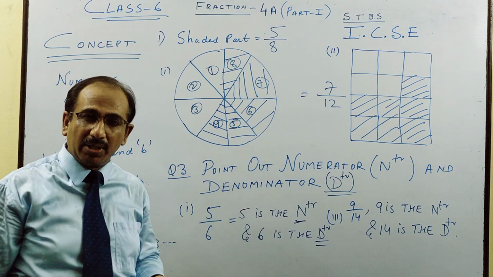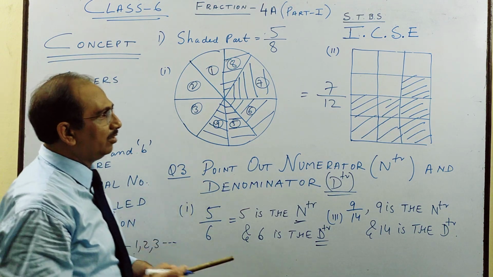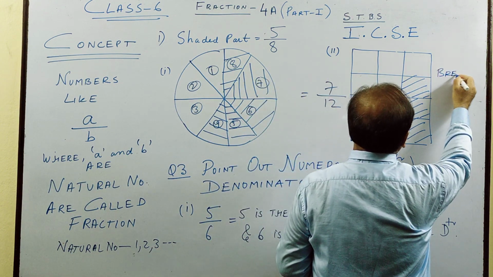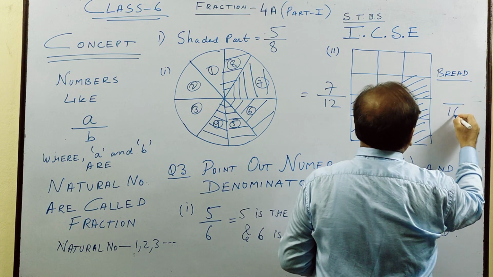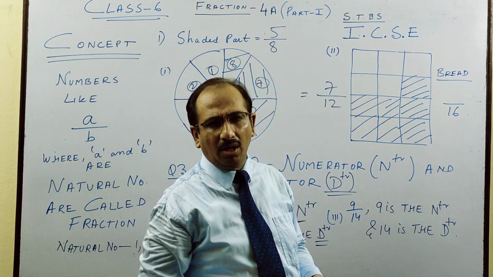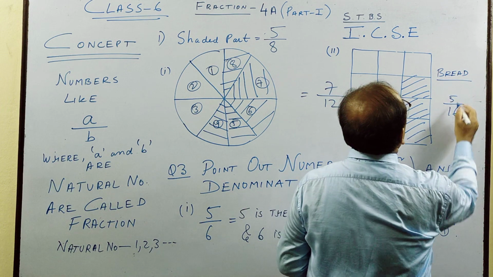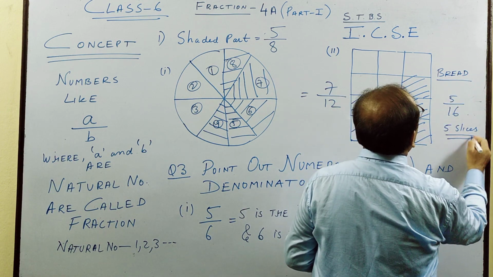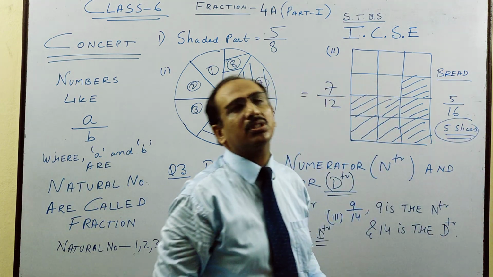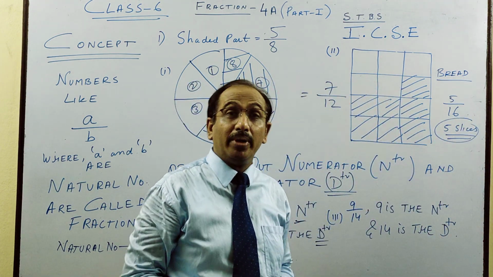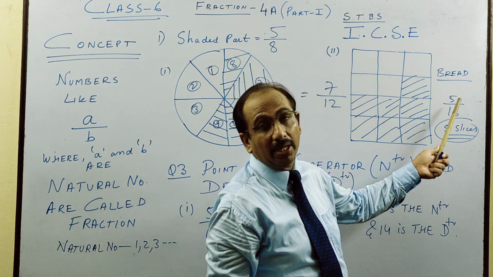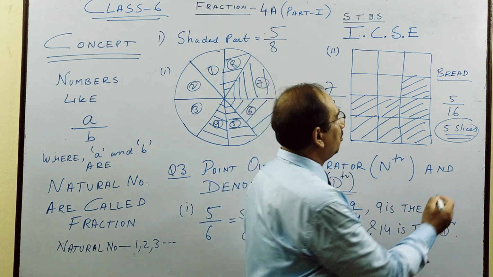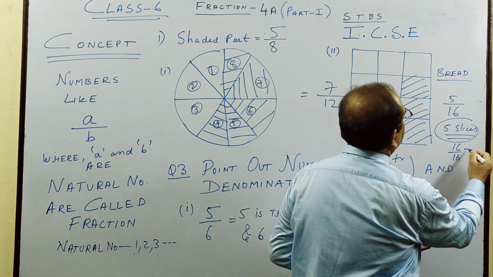We'll see where the other applications are. My own example I'll give you. Suppose you bought a bread. So generally it has, suppose, 16 slices. You don't eat all. So you had only 5 slices of bread. How many did you have? 5 slices out of total 16. So somebody will ask you, what part of the bread did you have? You will say, I had 5 by 16. So 5 out of 16 slices you had. Because full bread has 16 by 16.